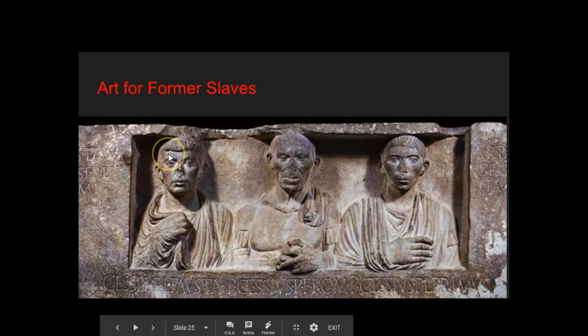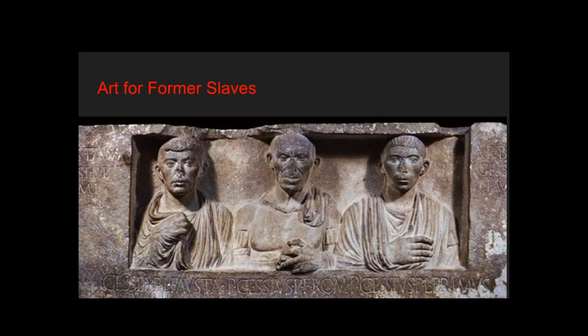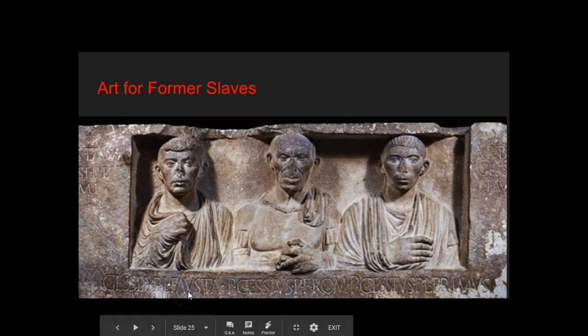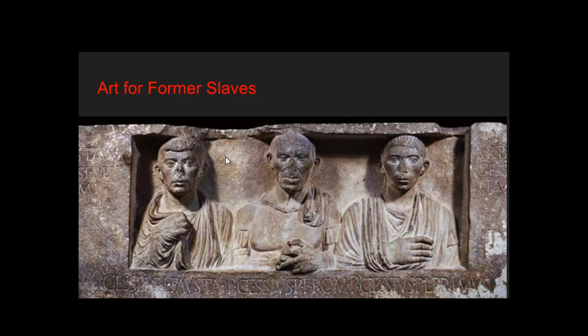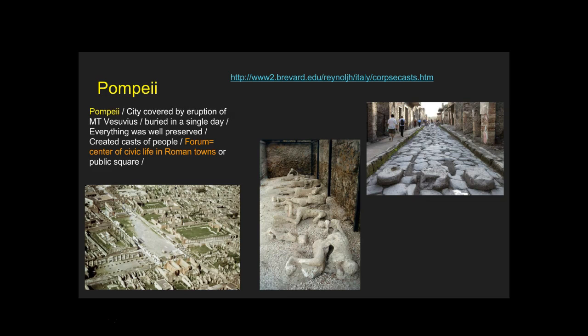We're on slide 25. So after... Are we on slide 20? Yes, I'm sorry, guys. Okay, so former slave art. Slaves were either able to buy their own freedom or be set free. So if a slave was set free and became a part of the plebeian class, they were welcome to create their own work. This is a grave marker for a slave, and then his slaves.